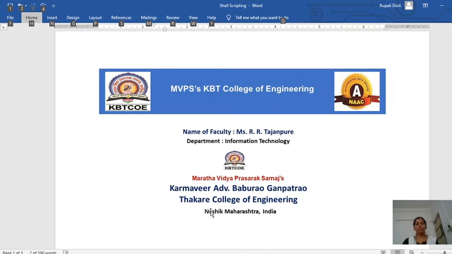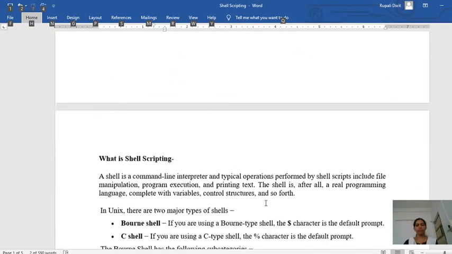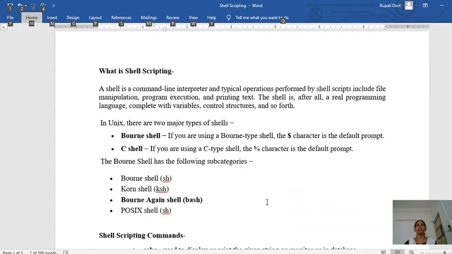Today we are going to see the shell scripting language commands, then we'll see one program in shell scripting. So what is shell scripting? Shell is a command line interpreter and it is able to do typical operations like file manipulation, program execution and printing text.